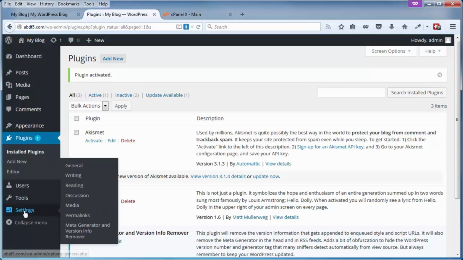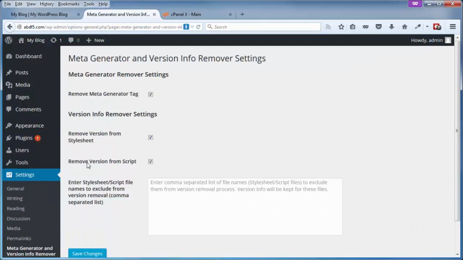But there's a little more to it than that. If we come over here to Settings, and then click on the Meta Generator link, that'll bring us to the settings page for that plugin. Now, since this is a brand new installation of WordPress, it's not required at all. But if you have a seasoned site, one that's got a lot of stuff, a lot of plugins, maybe a